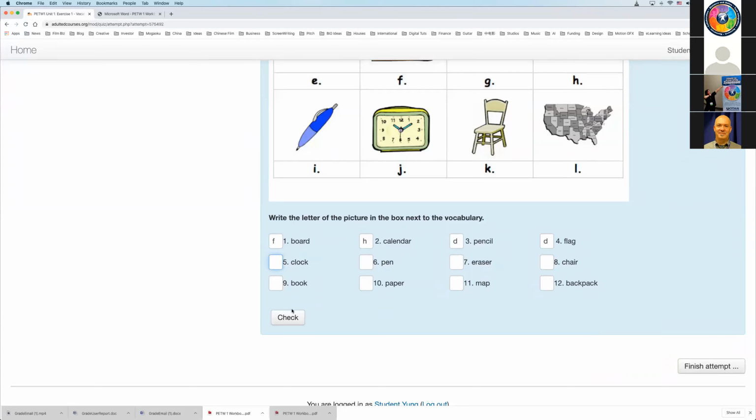So the check button allows you to make corrections before you submit for a final grade. In order for the button to work, every item has to be filled in. Okay, so I've filled in the boxes, and now I'm going to click check.